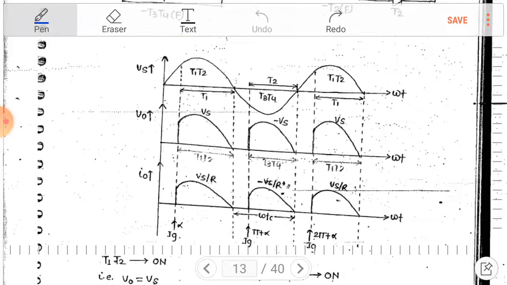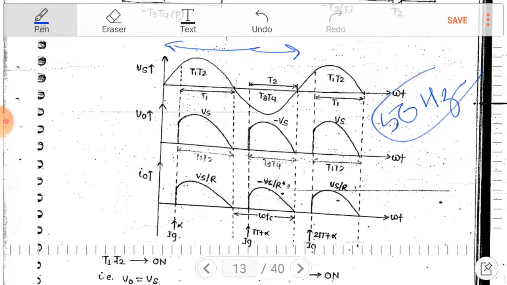This is the sinusoidal waveform. As you know, the total time period is 20 millisecond, because generally we are considering the frequency of the sinusoidal wave as 50 hertz. So for 50 hertz, one cycle is 20 millisecond and one half cycle is 10 millisecond. This half cycle we can control by using the gate pulse. When we apply our gate pulse, the thyristor will be turned on at this instant and it will turn off at natural current zero position. So no commutation is required in rectifiers.